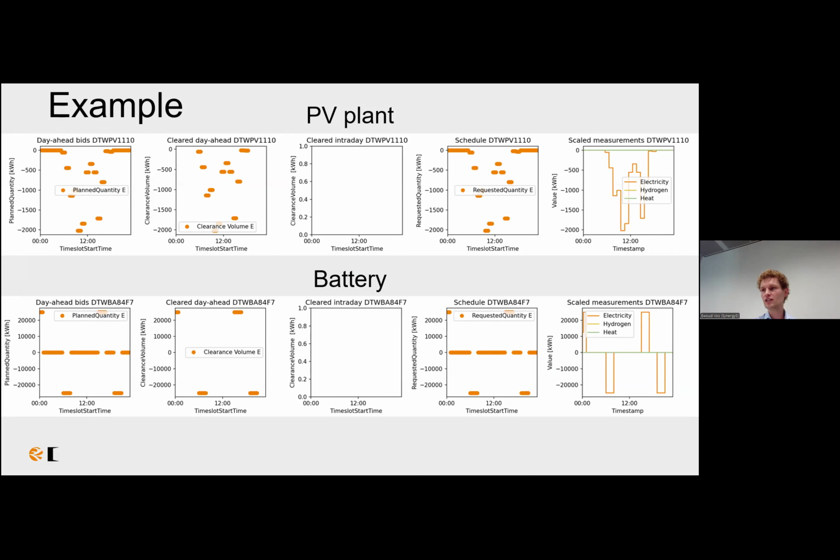So this is just an example. I have tons of data to show, but I just wanted to point out one particular example. What you see here are the first three graphs in this picture on the left: the day-ahead bids, clear day-ahead bids, and the intraday bids give some impression about the market dynamics. So to what extent were agents able to actually trade their energy?